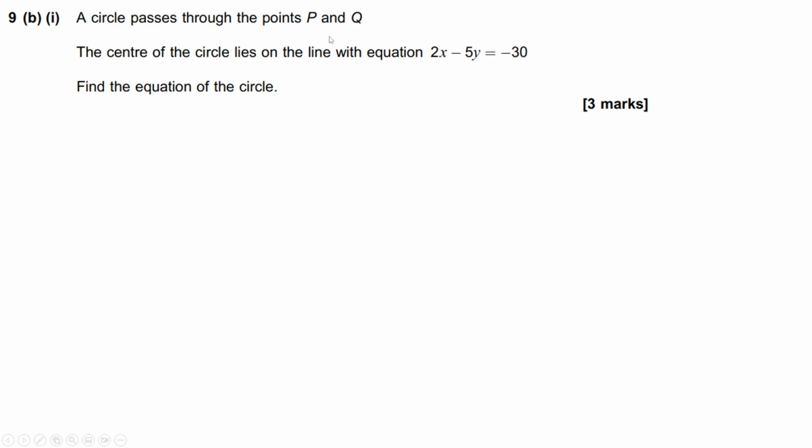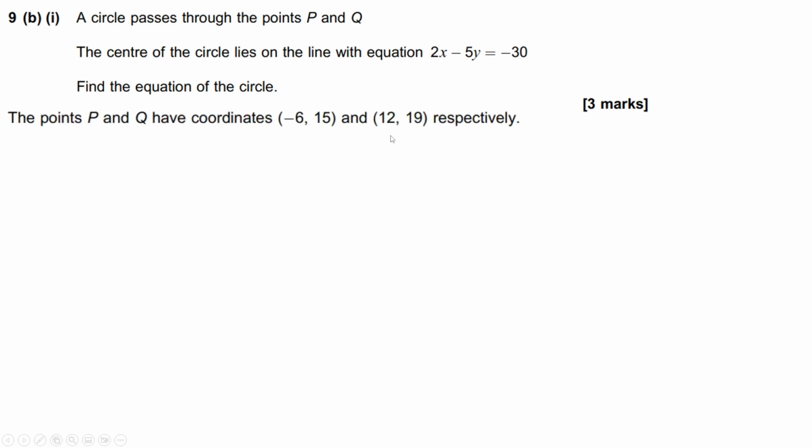A circle passes through points P and Q. The center of the circle lies on the line with the equation this. Find the equation of the circle. We've got these 2 points here, okay, and we've got the perpendicular bisector being this, as we've just worked out. What we're going to do next is to find the center, right? It's going to be where this perpendicular bisector intersects